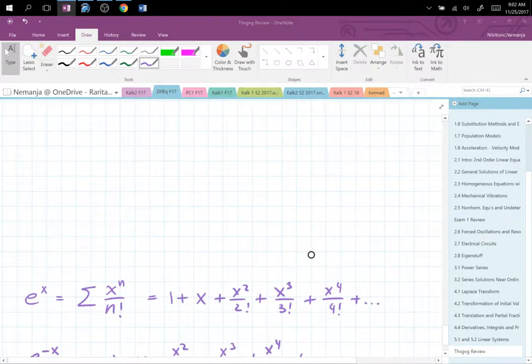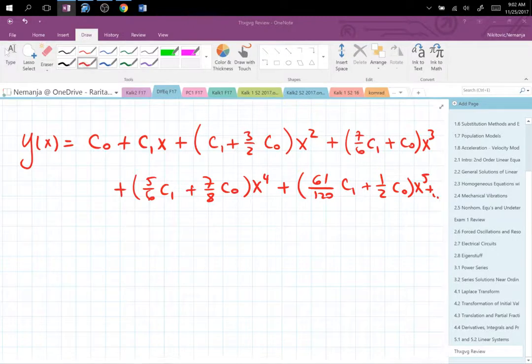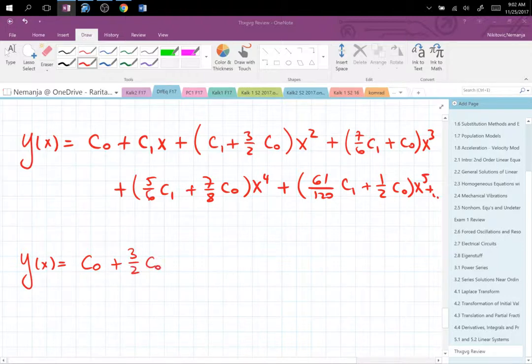Let's leave it there for now, and then we'll figure out. So now what I'm doing is I'm going to split into 2. So all of the C0s together. I have a C0 plus 3/2 C0x squared